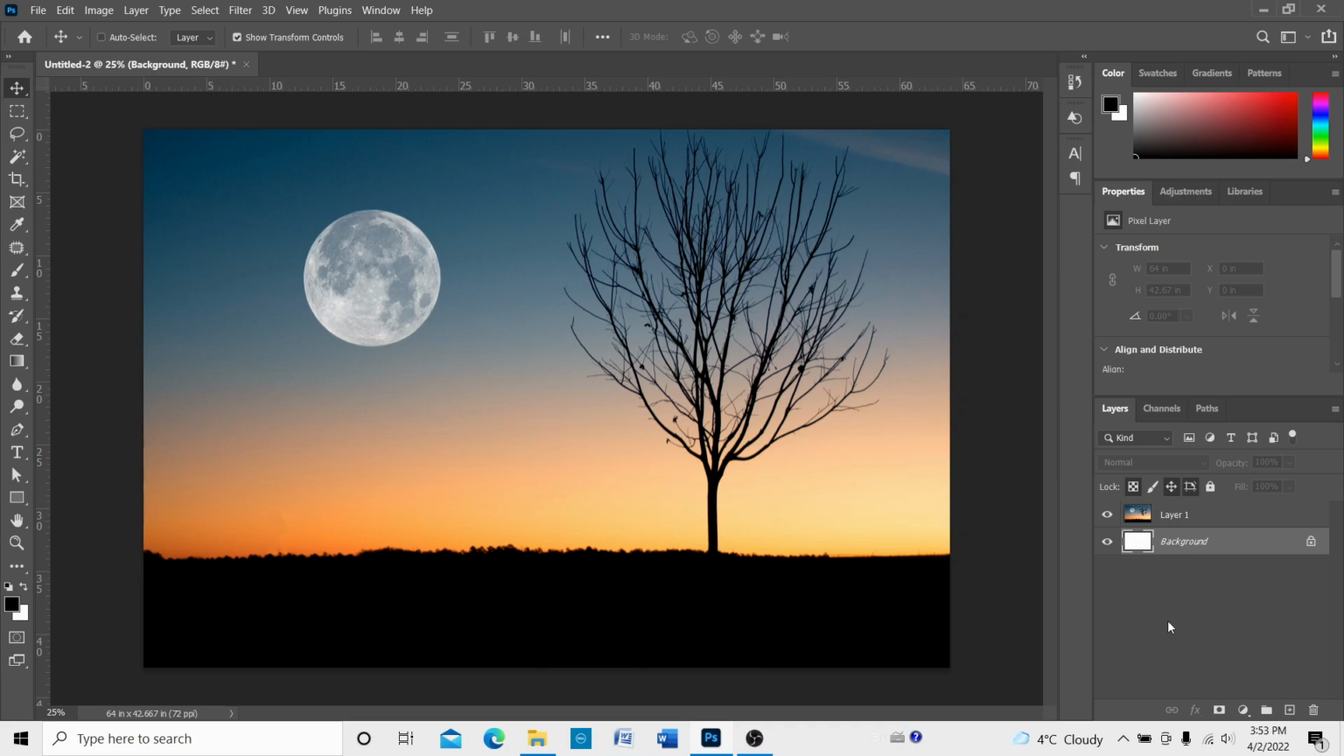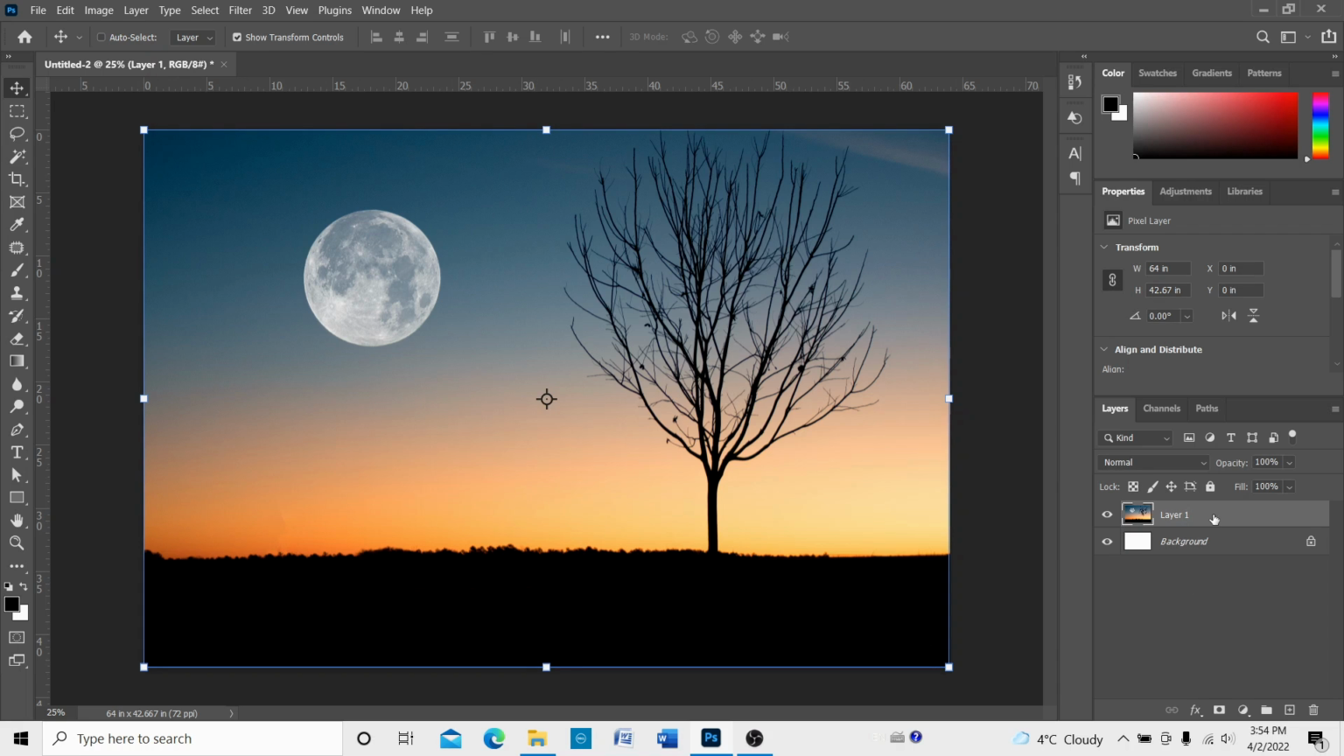Well, there are many ways to remove background in Photoshop, and this method is one of them. So let's get started. First of all, you need to duplicate the layer one, and we're going to work on